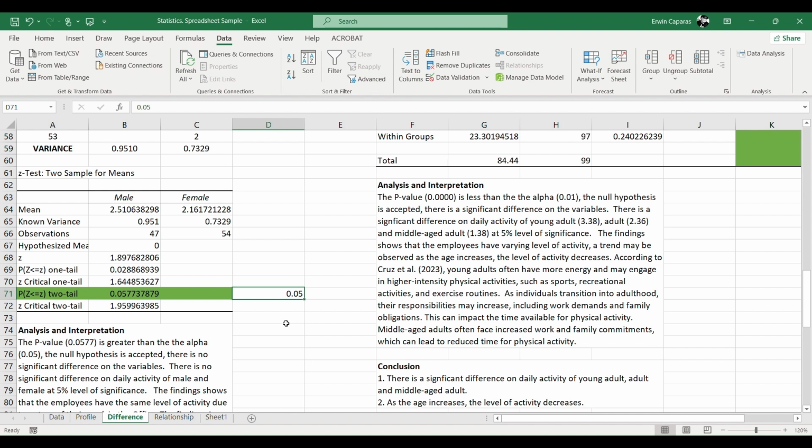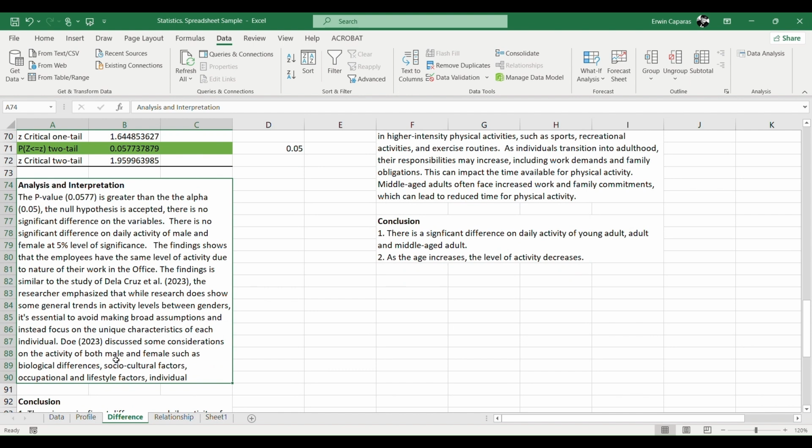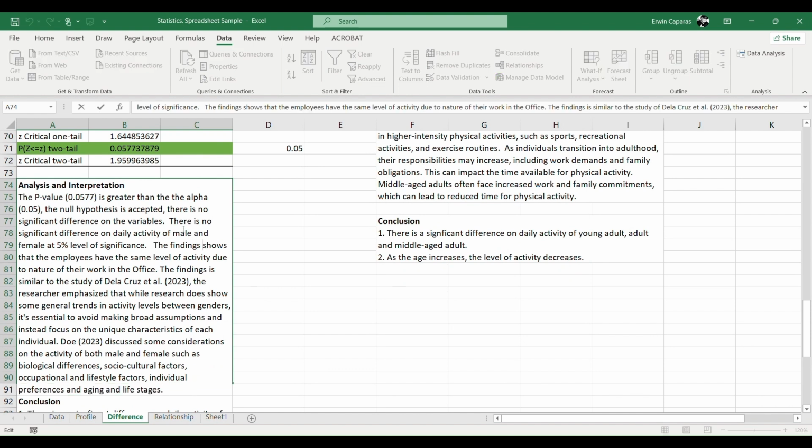of non-significance, okay, and based on the result, it is to be accepted or rejected. No? So in this case, since the p-value is higher than the alpha, which is 0.05, okay, the null hypothesis is accepted. Okay, therefore, there is no significant difference on the variable. Dito na papasok yung ating analysis and interpretation. Anong sabi rito? There is no significant difference on the daily activity of male and female at 5% level of